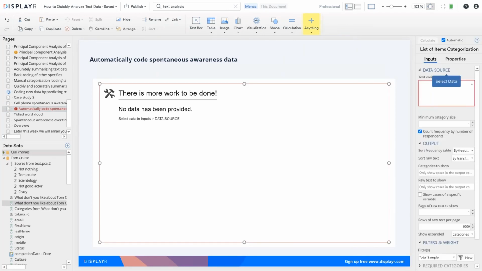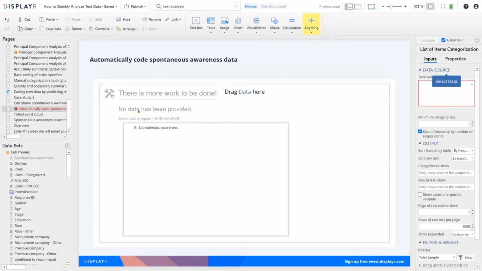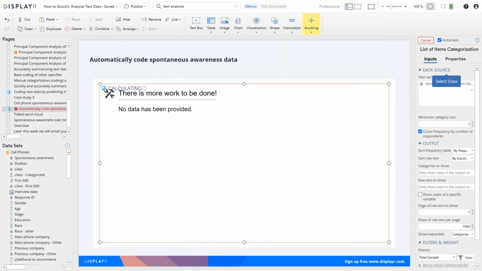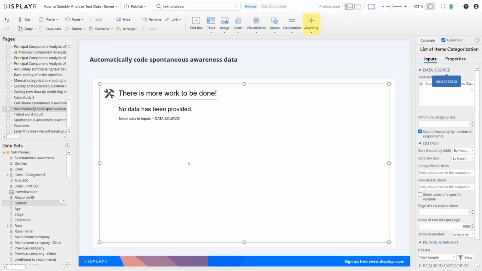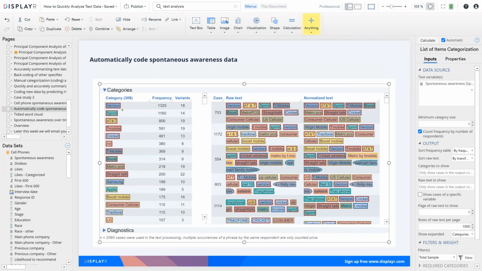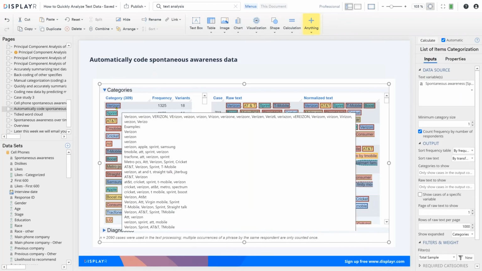I've got some cell phone data on spontaneous awareness, drag it across. And now it's searching through and finding all of the common bits of text. And I can have either one variable with commas, or I could have multiple variables, and I can group them together. And so what you'll see is it's now found that the most common thing in the data was Verizon. And if I hover over it, it's